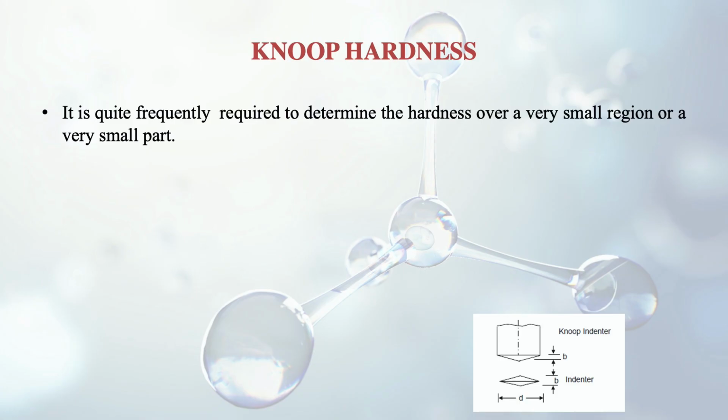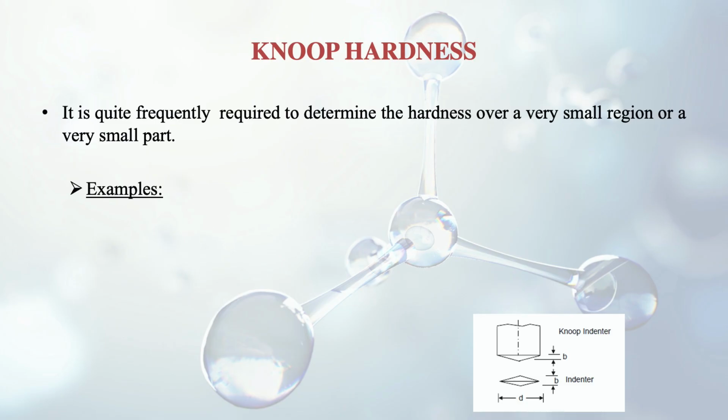After discussing the three types of test, hardness test, Brinell and then Rockwell and then Vickers, further we discuss one more kind, that is Knoop hardness test, and this one is quite frequently required to determine the hardness over a very small region or a very small part. So suppose we have a very small specimen of small dimensions, then here Knoop hardness comes handy, and examples are there, like